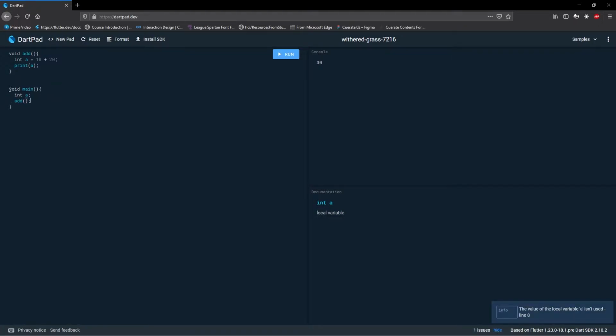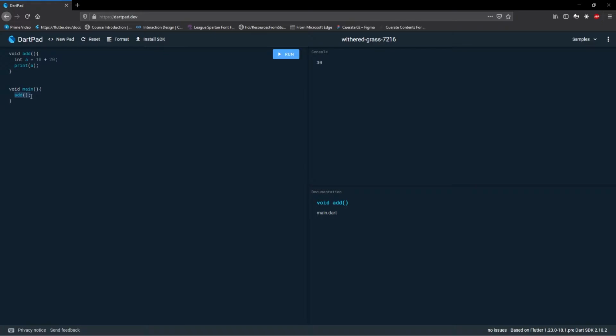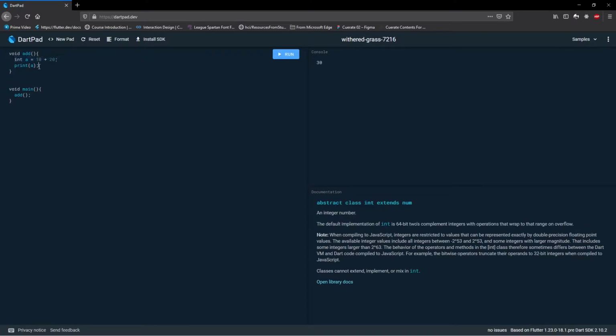It always starts from the main function. It doesn't matter how many functions you have, it always looks for a function called main. Then it's going to enter the function. We can remove this as well, and then it's going to call a function within this. Once you call a function, the control goes over here. It's going to execute this. It's going to do int a is equal to 10 plus 20, and print this value. And then we are going to do a print over here, print after addition.